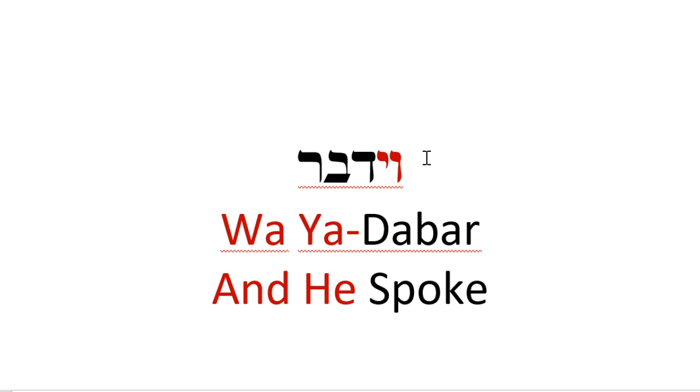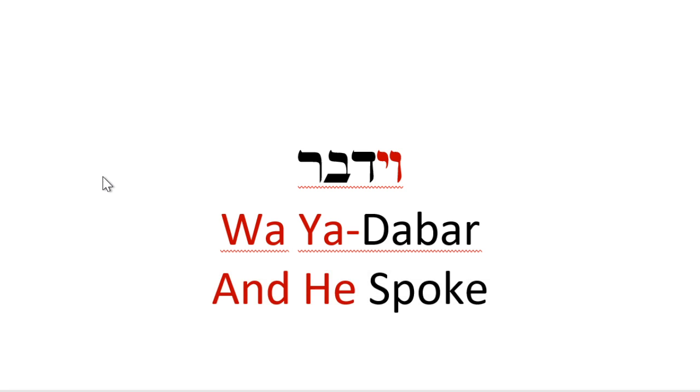Now, what we want to highlight and demonstrate is the fact that you have two prefixes affixed to the beginning of this word. So we have our word, our foundation, which is dabar, which translates to word, thing, matter, along with a few other terms. And then you have the two prefixes, wa, which means and, ya, which means he. And when they are affixed to the beginning of dabar, it gives us the Hebrew word wayadabar, which means and he spoke.